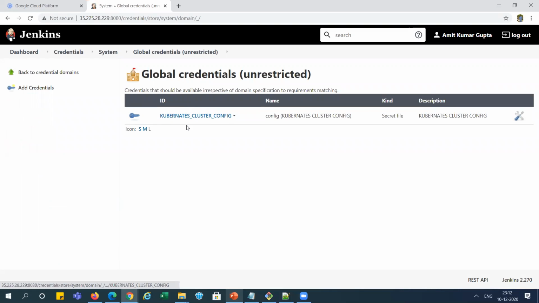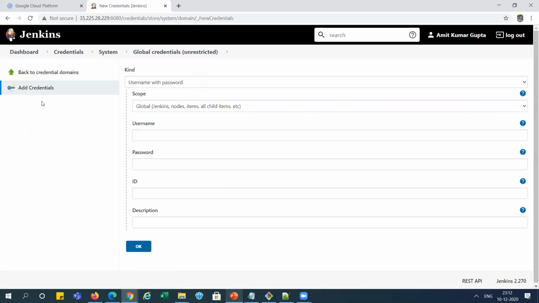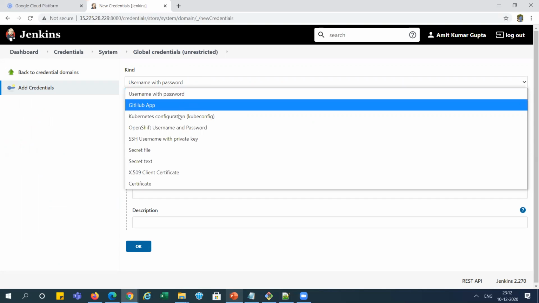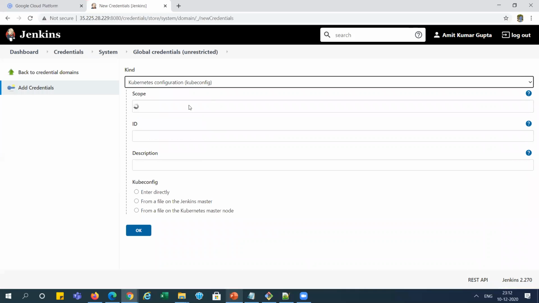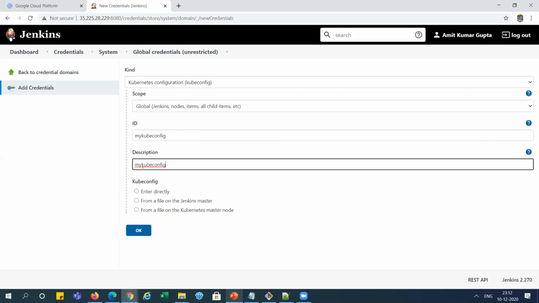You can see here we have just created an earlier one that is showing over here, secret files things, and here we need to create one more thing, right? One more credential for Kubernetes. So you can see here Kubernetes configuration kubeconfig is there. We have configured the same thing in the last video also. So here I'm giving this my kubeconfig,